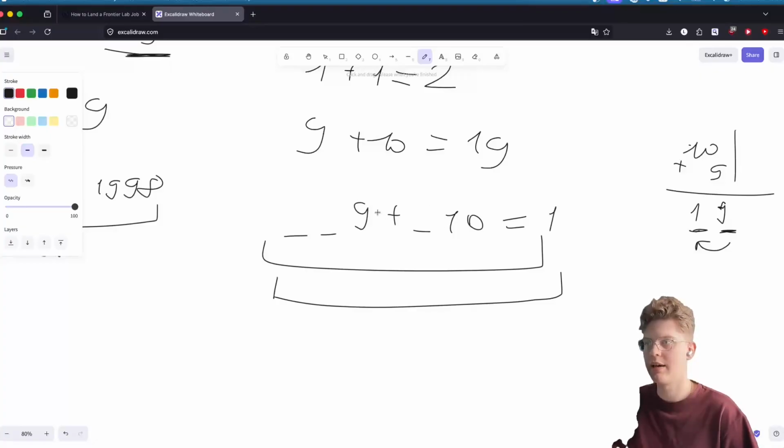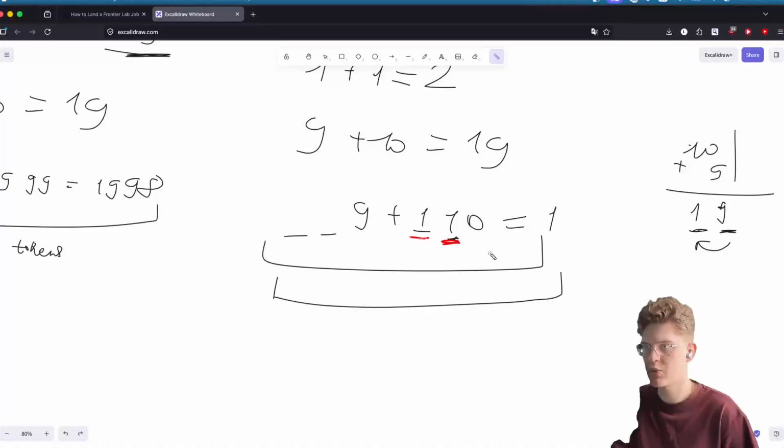Obviously, we could say that it should be 1 because it's in the tens place. But what if our number was longer? Then this one and this one are identical, and we don't quite know which one we're working with here. So it is beneficial for us to instead